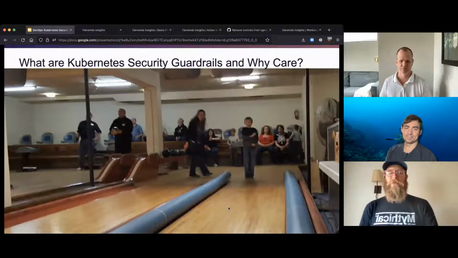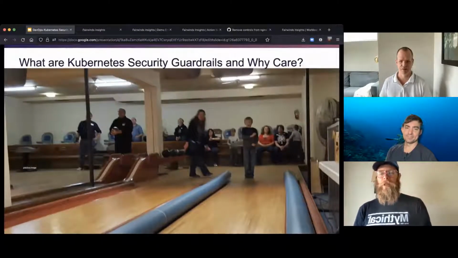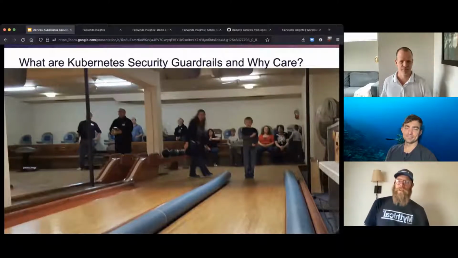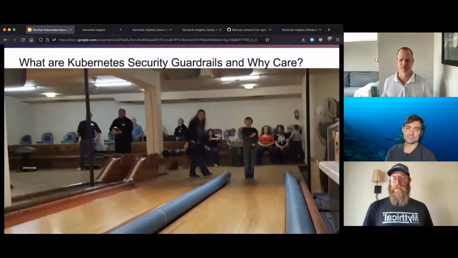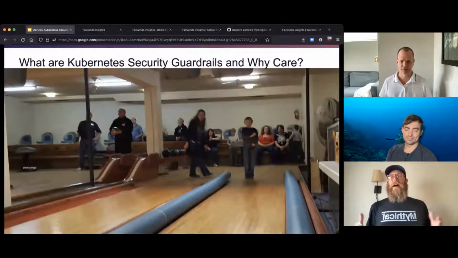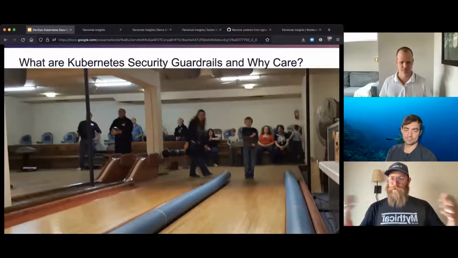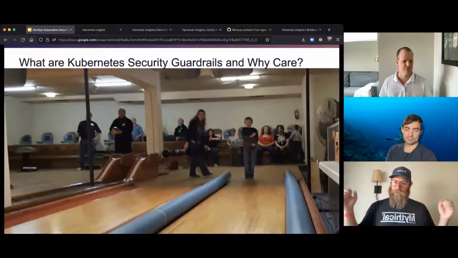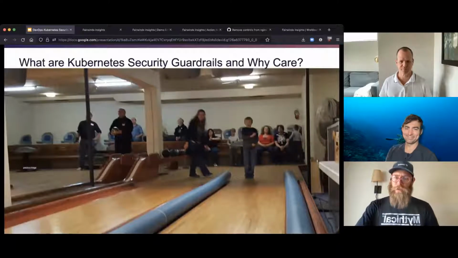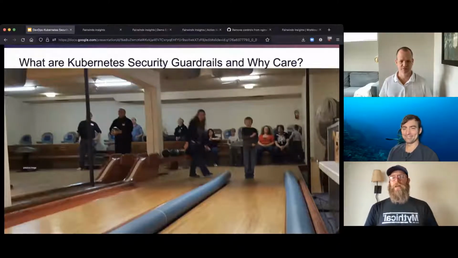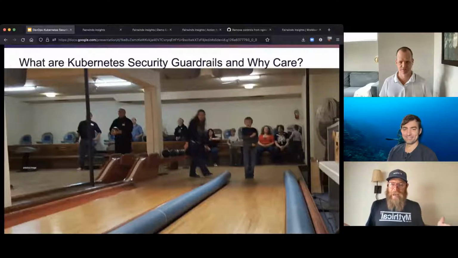So this is another kind of guardrail. If you've ever been bowling, this is a picture of blow-up bumpers along the side of a bowling alley. When you're just getting started in something new, having guardrails in place to guide you so that you don't mess up, and don't end up in the gutter over and over again, which anybody who's used a new technology knows, it's real nice to have that blow-up bumper all the way along the side so that you don't get gutter ball after gutter ball as you go.